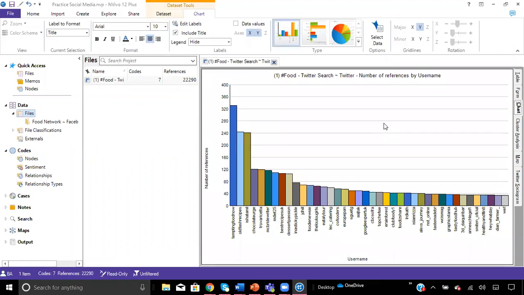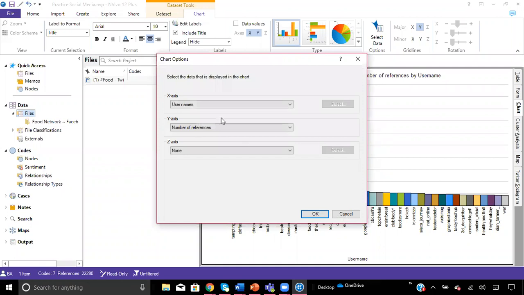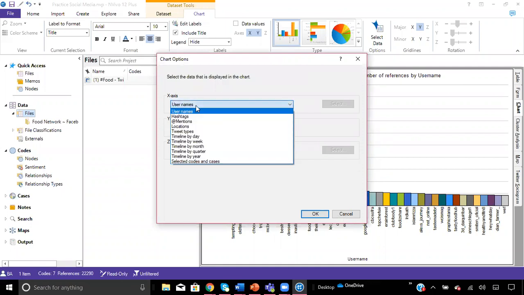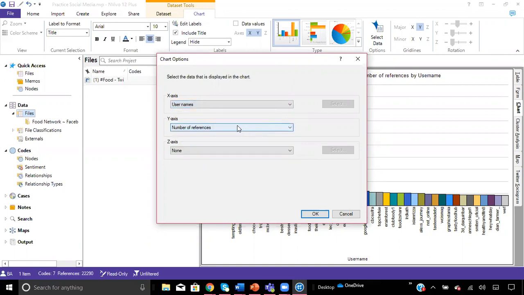Okay, here we go. So again, if you right click, you'll see a select data option where you can pull up your chart options for your variables. As you can see, your x-axis can be usernames, hashtags, mentions, locations, tweet types, timelines, and selected codes or cases that you might have made for it.